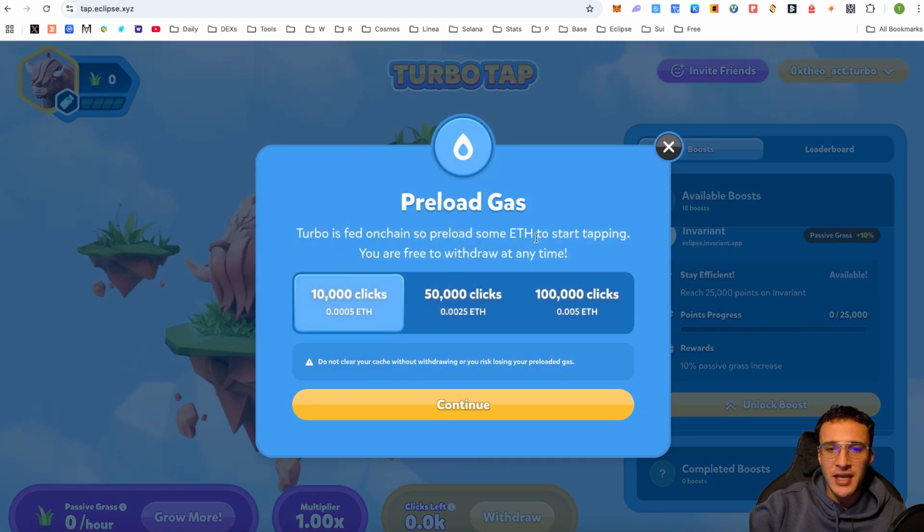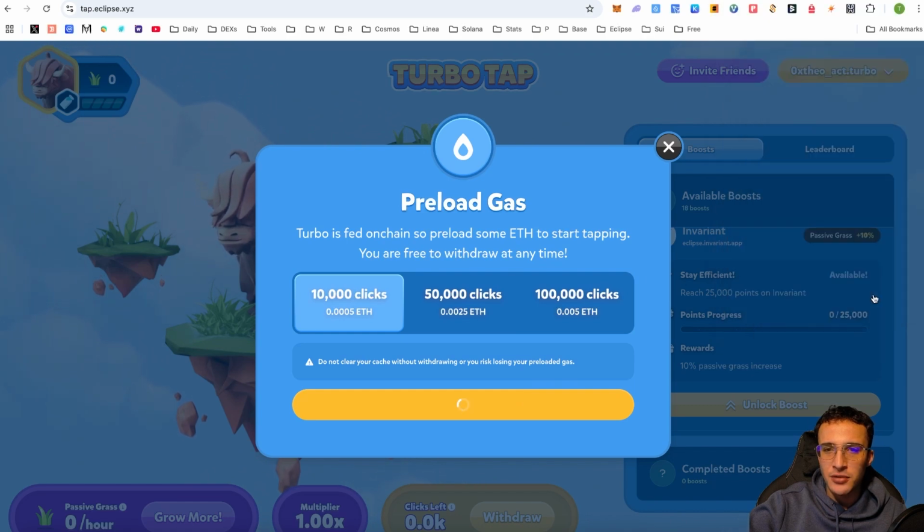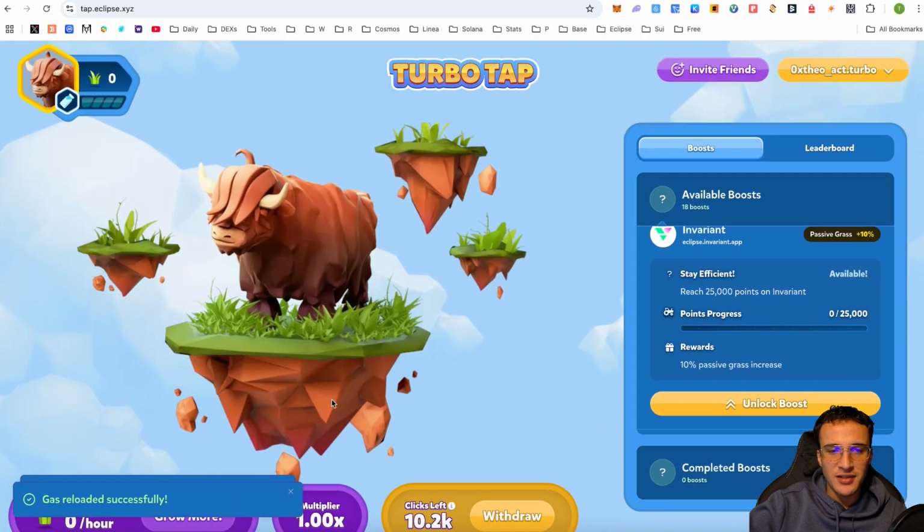So preload some ETH to start tapping. You are free to withdraw at any given time. 10,000 clicks will cost you 0.0005 ETH, 50,000 clicks 0.0025, and 100,000 clicks. So you just click continue, whichever one you want to do, guys. It's entirely up to you. I'm going to do the 10,000 clicks, and once you are ready, my friends, from here all you need to do is